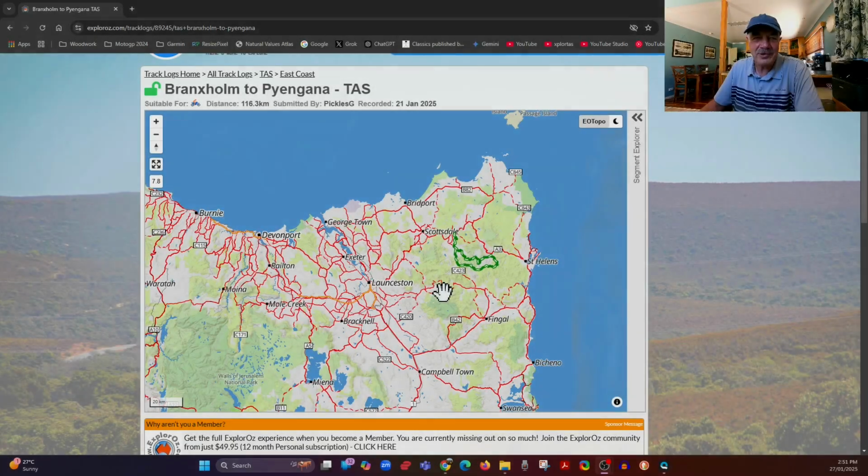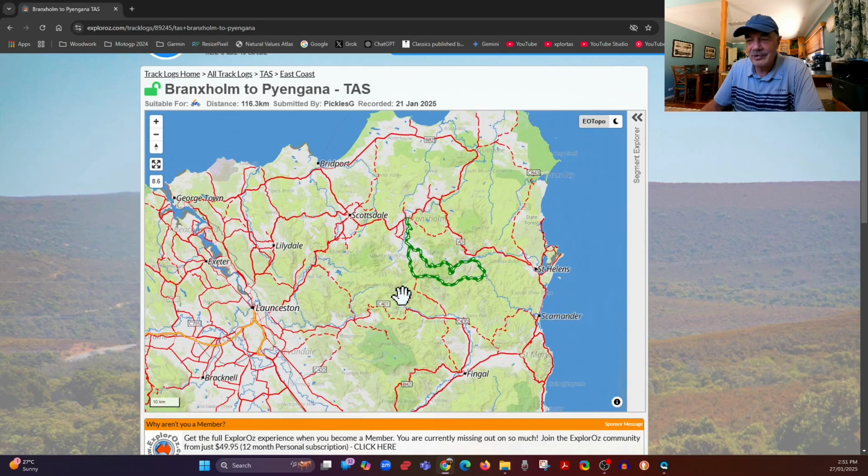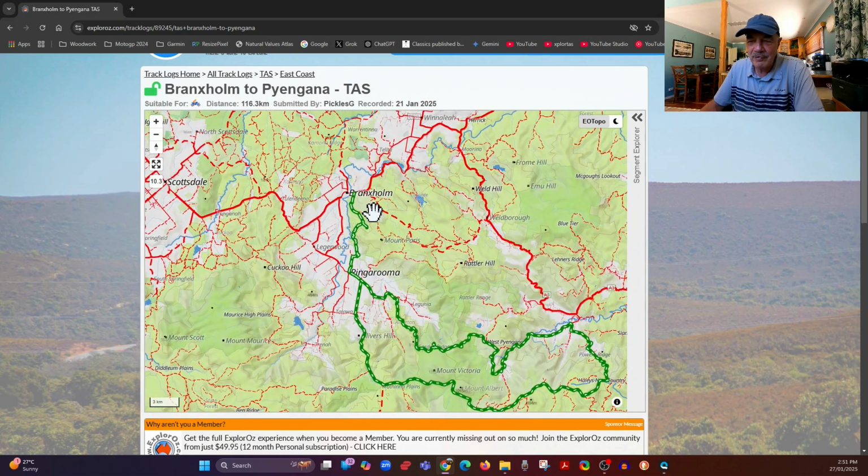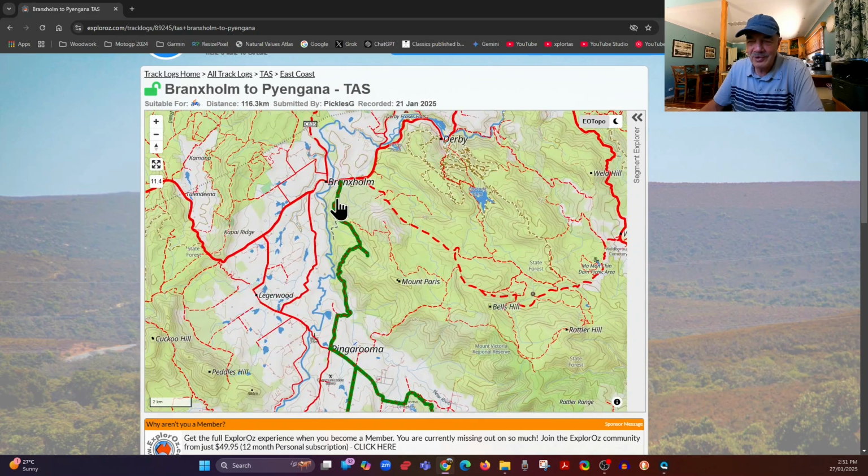Northwest corner of Tasmania's got just so many nice places you can ride. Although I've been on a few of the tracks multiple times now, and I went on a ride just recently, and it's a loop that I've done before or similar. This time started off at Branxholm and took this track here called Ruby Flat Road, and Ruby Flat Road comes